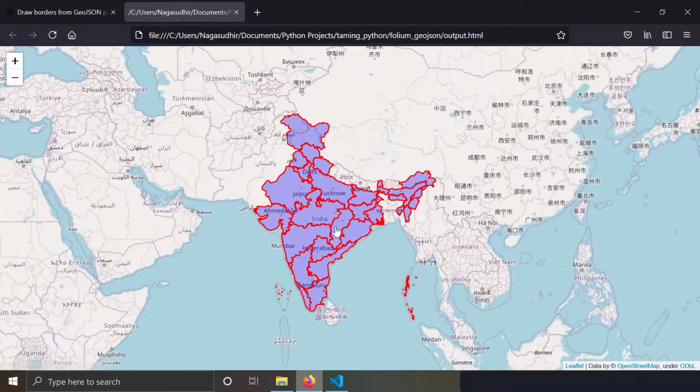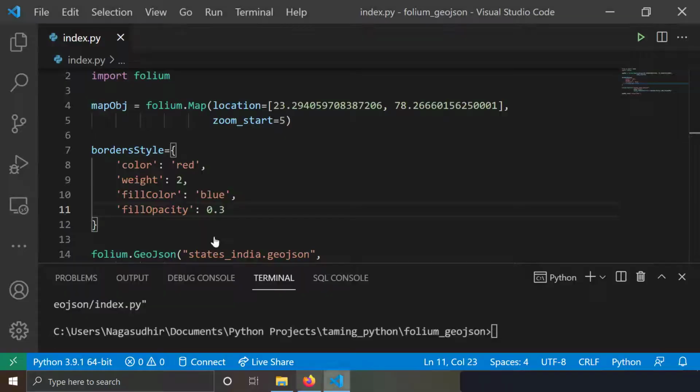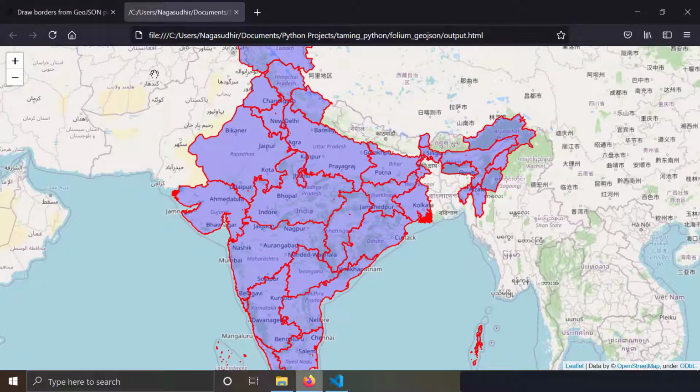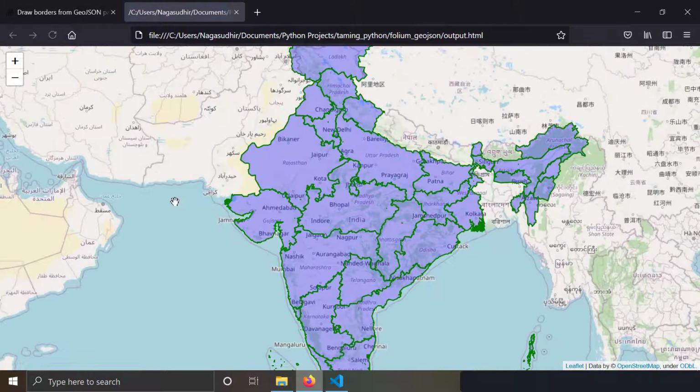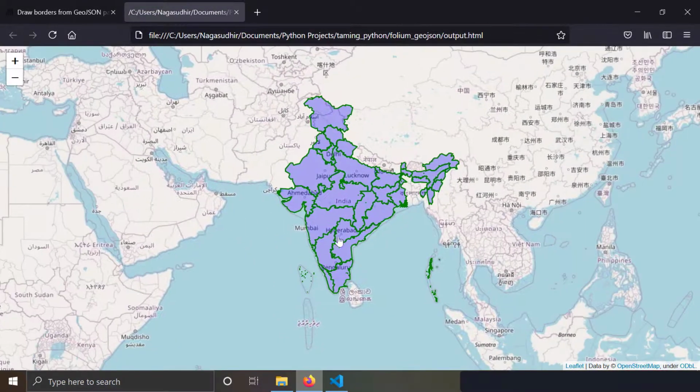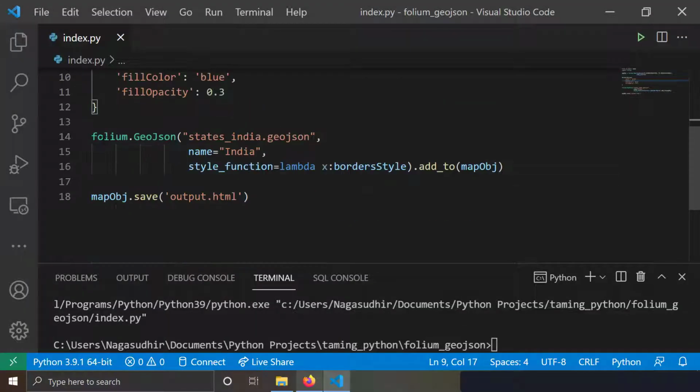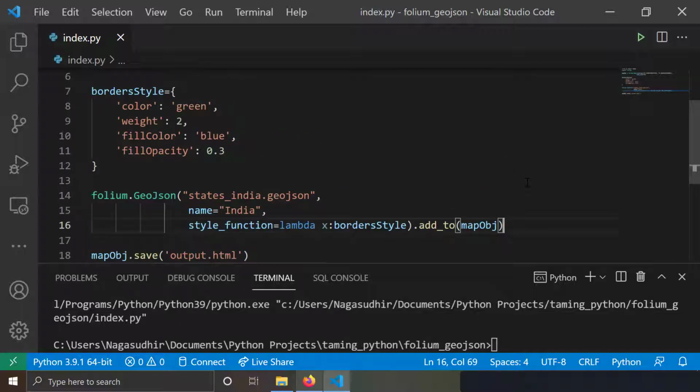In our example, we showed that our map has a green border. So let's keep our color as green. I'll keep my border green and weight as 2 pixels. It's okay for me. Now I'll run this. Yeah, my program has run. Now you've got your map with a green border and a blue filling color, with an opacity of 0.3. And the whole thing is just a one-liner actually. So it's really simple to create GeoJSON paths on a Folium map, guys. Now let's try to do one more GeoJSON in this same Folium map. It's really simple.